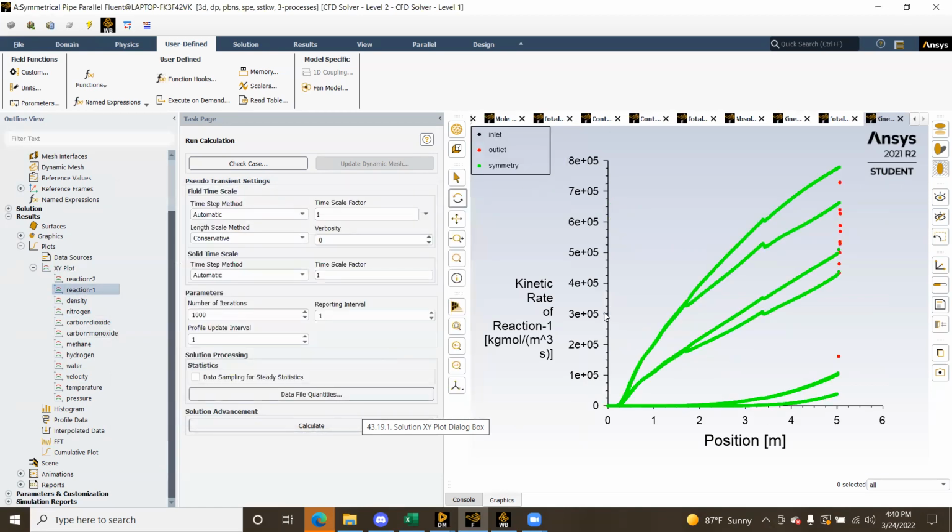Okay, so this is the reaction rate of the first reaction that produces 3 hydrogen. The only thing is, I'm not really sure what to say about this. It seems,